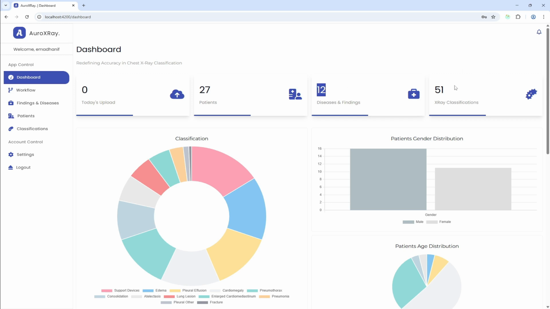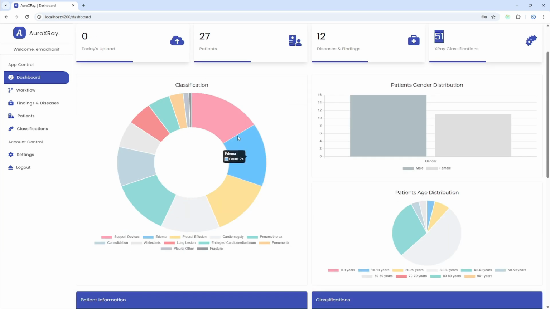And the last one is the X-ray classifications, the total number of X-ray inference operations performed by this user, and that is in this case 51. Just below, we have this elegant donut chart titled classification. It gives us a visual breakdown of what kind of findings were most commonly selected during the classification.